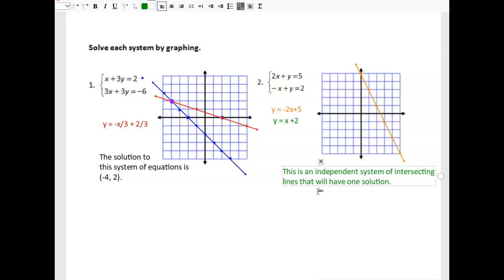So that's why that vocabulary was so important to understand at the beginning of the section, because just knowing about your slopes and y-intercepts, you know what answer type you're looking for. So I know I'm looking for an independent system of intersecting lines that will have one solution. And then in this case, that one solution